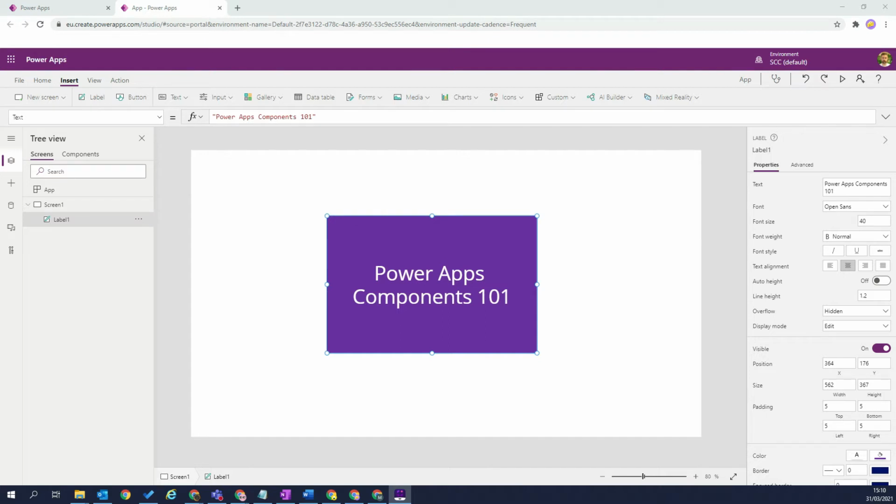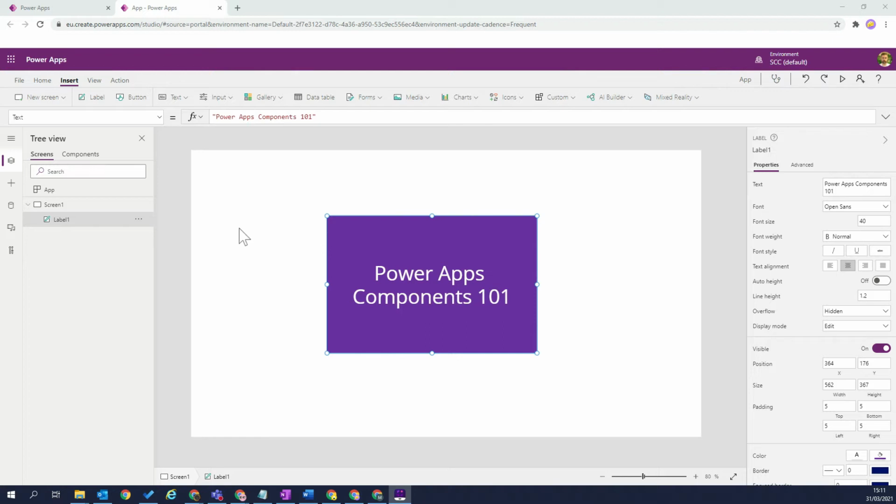So you join me here in a standard out-of-the-box Canvas app with a single page and just a label added for the effect of the video. We're going to create a simple sort of menu structure here to move between a few pages, and we're going to understand a bit about how page information from the app is passed into something like a menu component,